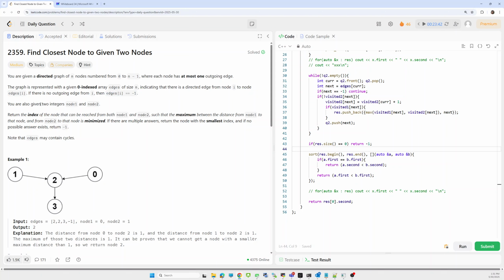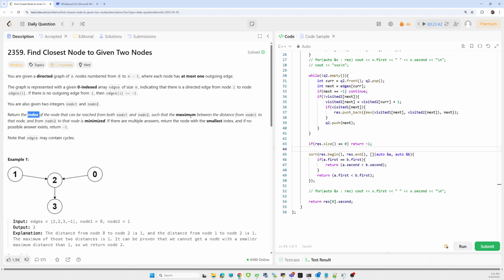We are given two integers, node 1 and node 2, and we have to return the index of a node that can be reached from both node 1 and node 2.